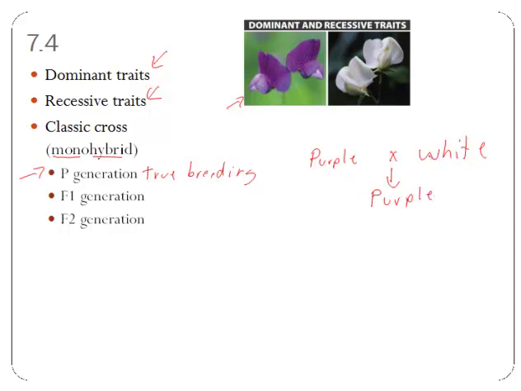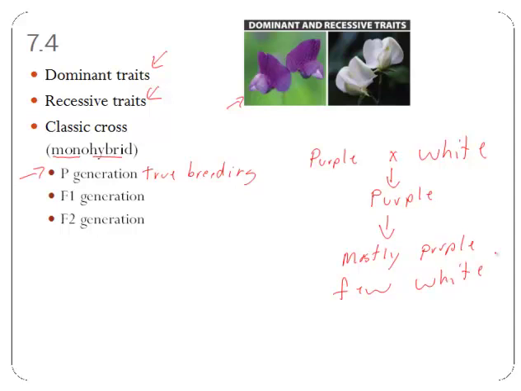So it would hide that white color, and that would tell him that this purple was the dominant trait because it showed up. So we have the P generation, and this is the F1 generation. They would all be purple. In the F2 generation, he would get mostly purple and a few white ones